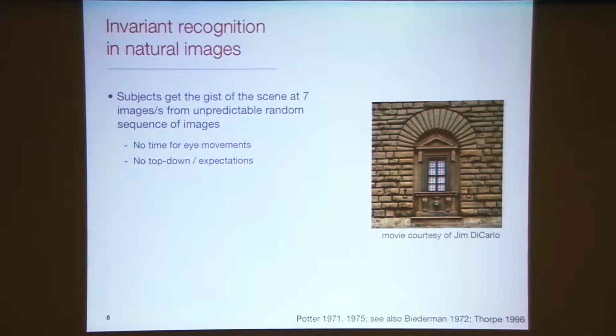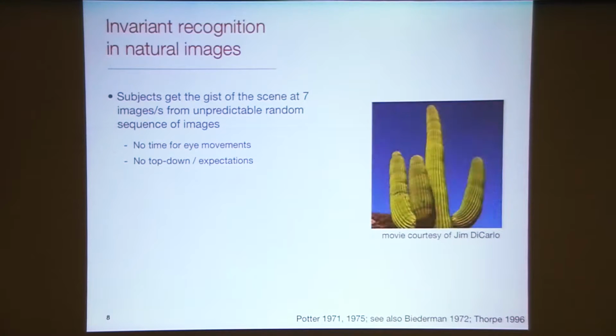All right, so most of what we know about our ability to recognize objects come from the so-called rapid visual presentation paradigms. So here's an example from relatively old work from the mid-70s by Molly Potter and colleagues. What I'm going to do is show you a series of frames, a series of objects, one after another. I'm going to be presenting these images relatively fast. Actually, let me flash them.